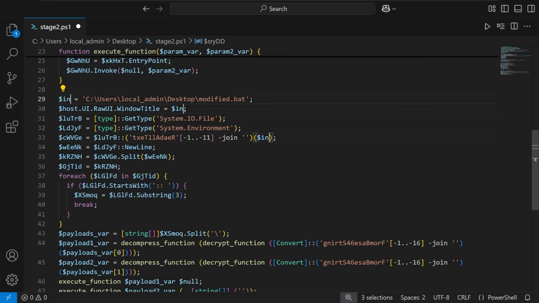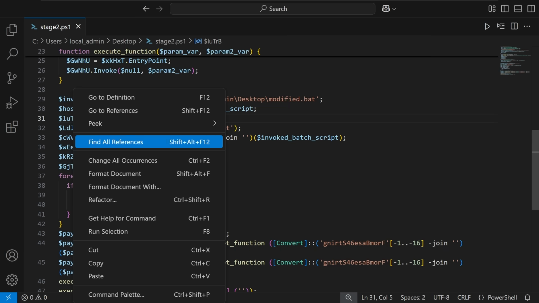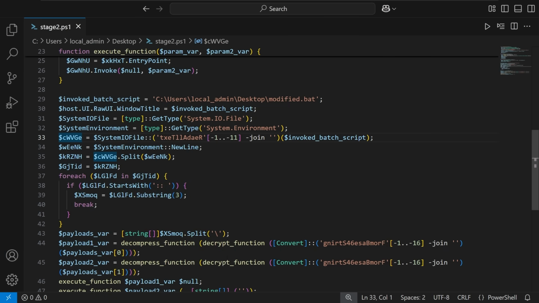We can change that to invoked batch script. Just below that, we can see that it uses the PowerShell host variable, another built-in capability to access the hosting provider for PowerShell, where it sets the user interface window title to be that same script. Then it retrieves system IO file, system environment, and other providers within PowerShell that we can again change the name for. Then the line just beneath it, we see another variable set to actually use the system IO file and